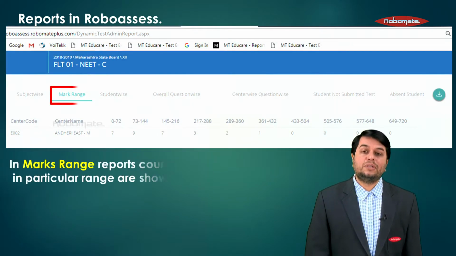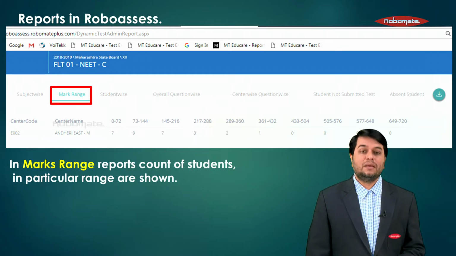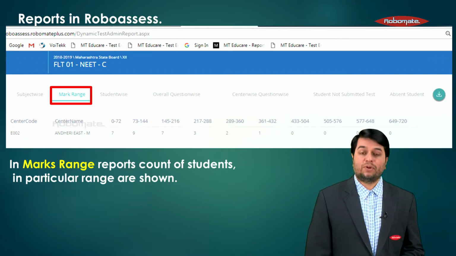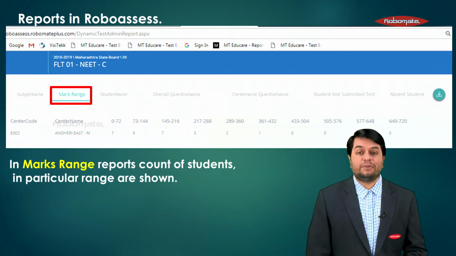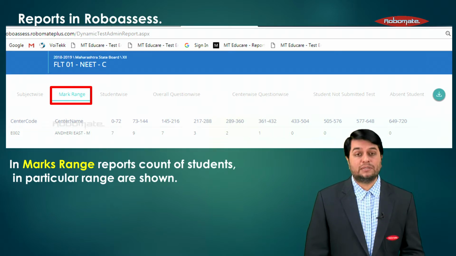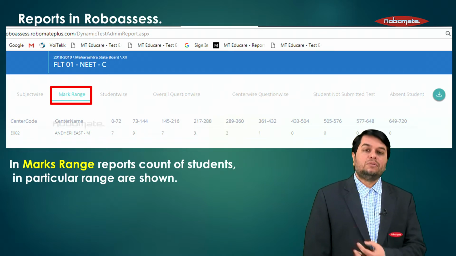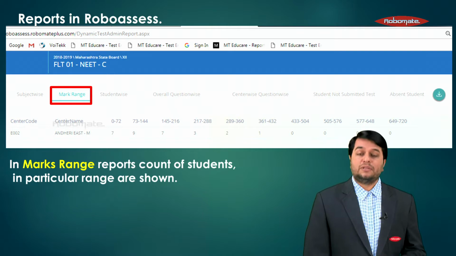He can also go to the mark range and see this kind of a report. In mark range, the entire marks for that particular test is divided into 10 sections and the number of students belonging to each section is shown. For example, over here you can see for Andheri East, in the mark range 0 to 72, there are 7 students. In the marks range 73 to 144, there are approximately 9 students and so on. So that is the mark range from where you can understand how the overall batch has performed for this particular